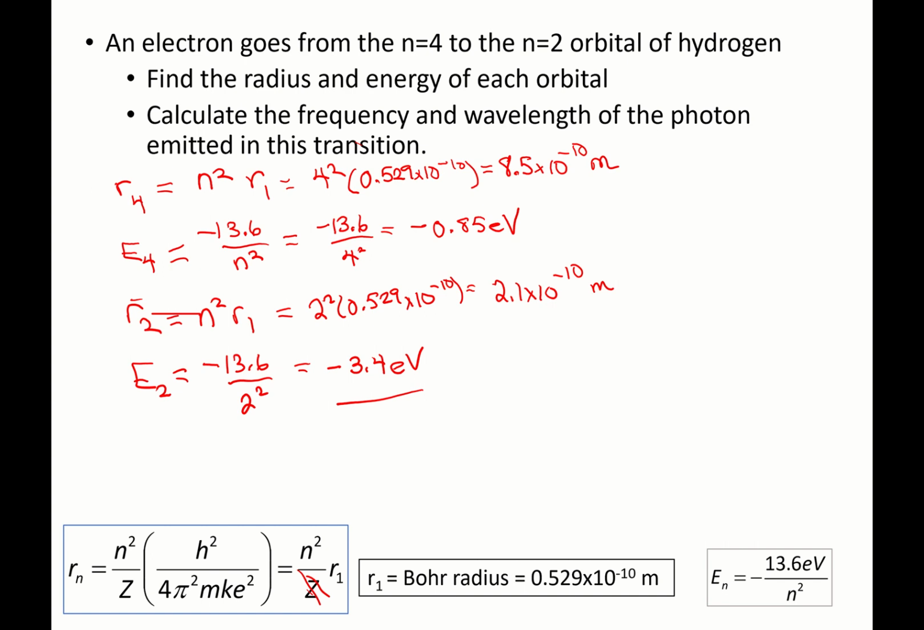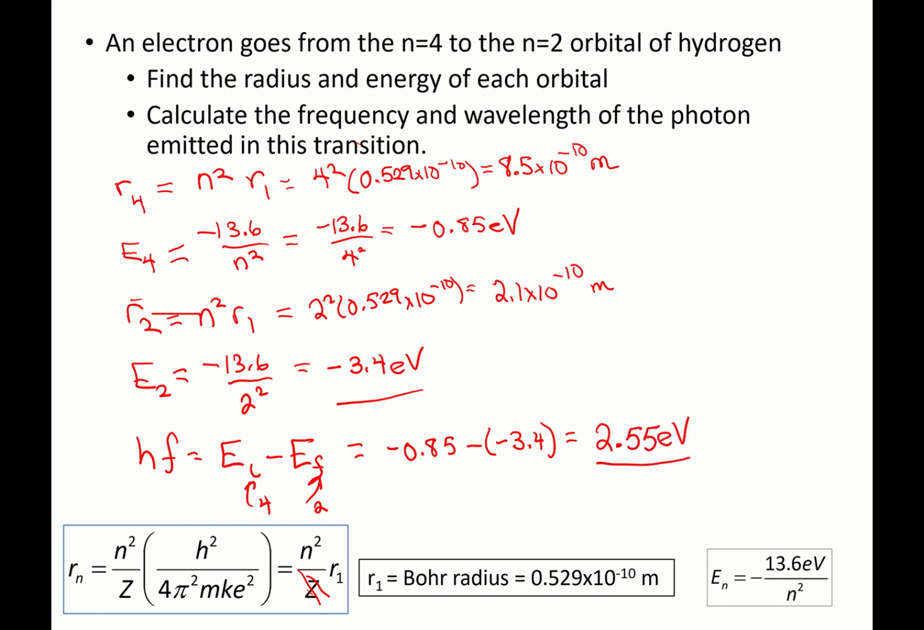Okay, so now we want to calculate the frequency and the wavelength of the photon that's emitted in this transition. So remember, that's going to depend on the energy difference. Remember, hf is equal to E initial minus E final. So we started off in n equals 4, and we're ending up in n equals 2. So our energy difference is going to be E4, negative 0.85, minus E2, minus negative 3.4, and so we're subtracting a negative, so that's going to end up giving us a positive, which is 2.55